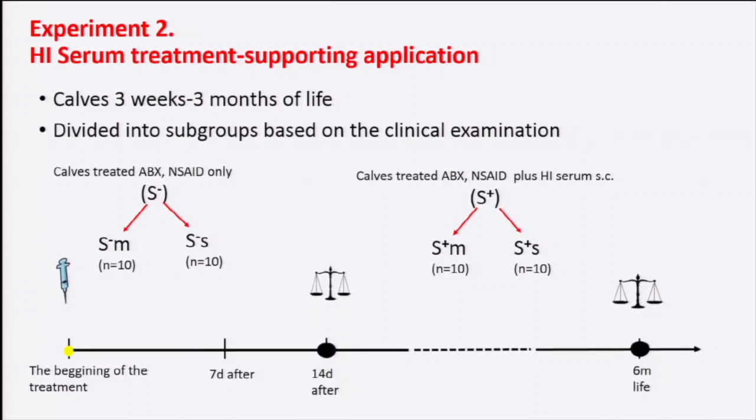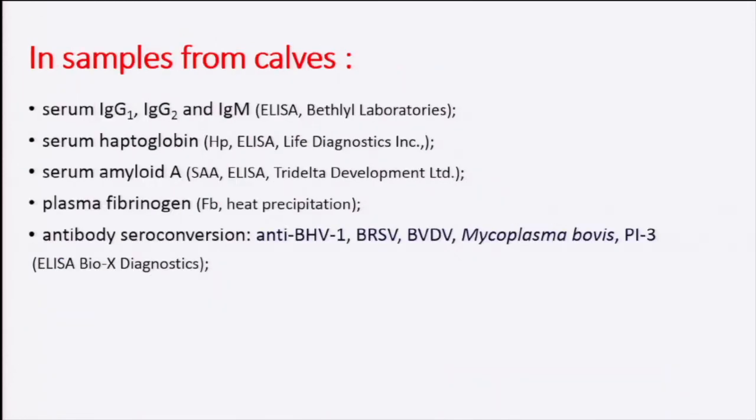We measured the body weights 14 days after and at 6 months of life. We also performed clinical examination and took blood samples during the treatment and at 6 months of life. In samples taken from the calves, we evaluated the concentration of IgG1, IgG2, and IgM. We also checked the concentration of the acute phase proteins haptoglobin, serum amyloid A, and fibrinogen, and we checked